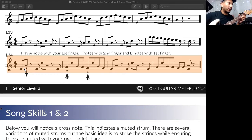So I'm playing through and thinking 1 and 2 and 3 and 4 and, yeah, so it's all done with that. Nothing has to change. 1 and 2 and 3 and 4 and, yeah. Because we've got it like this, it frees up our second finger to plonk down on this F note here, fret 3. The only thing I do now is take off my index finger to get that open G note, and then walk it down to the E note with our first finger, and then back to,